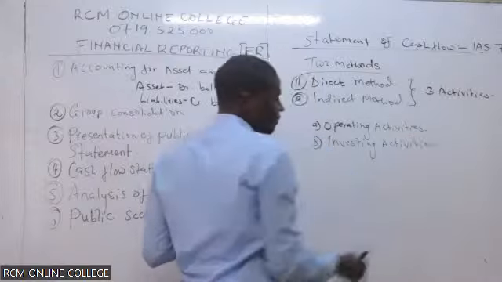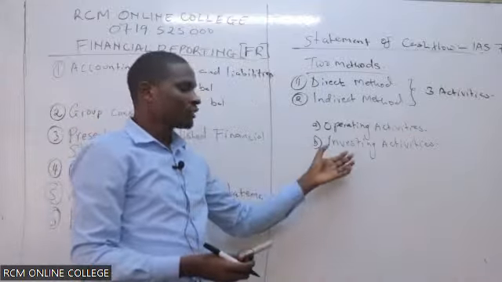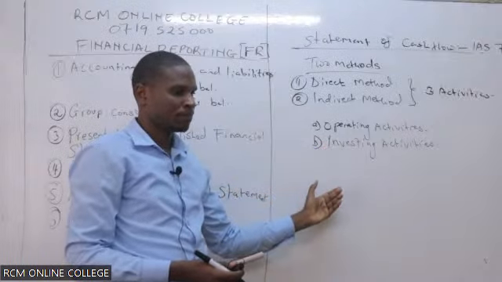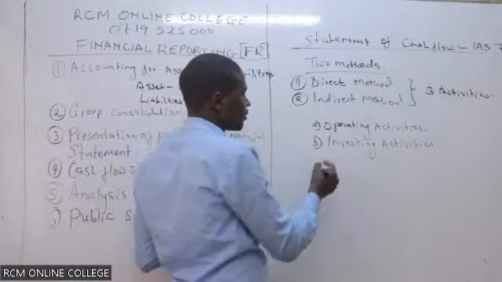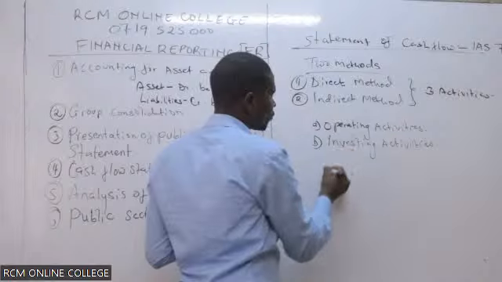For the investing activity, we shall see activity like sale of an asset, purchase of an asset. You see, you are trying to do some investment in order to increase your revenue. Then we have financing activity as the third activity. Those are activity like issue of ordinary share, borrowing of loans, repayment, redemption of some debenture, and so on. Those are activity that we call financing activities.